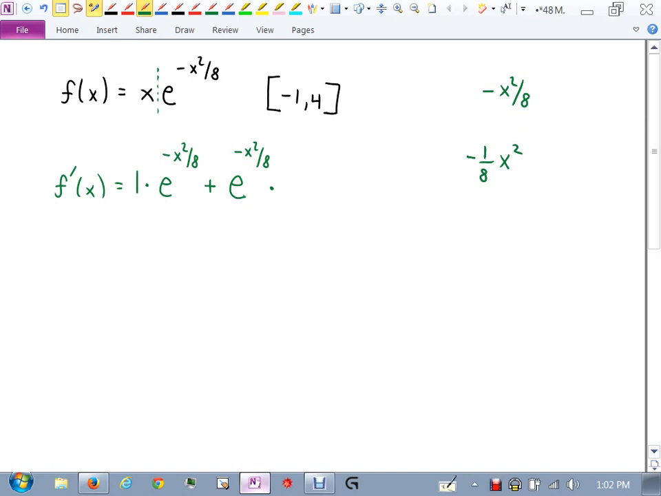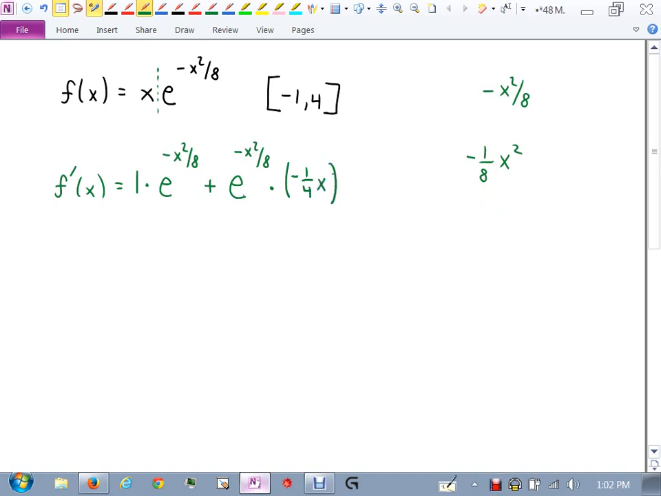Did you do quotient rule or something on it? Okay, you could. I would avoid that because you get into some trouble with that. Rewriting negative x squared over 8 as this will make your life much easier, because now it's just power rule. 2 comes out. 2 times negative 1/8 is negative 1/4